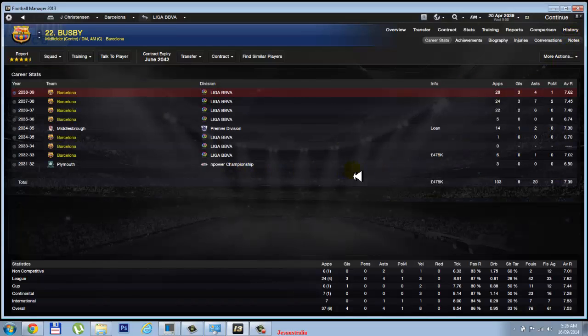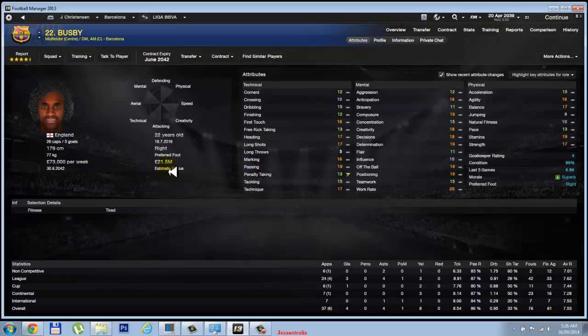from Plymouth, 475k. Did you see how good he was? 21.5 million in value, and look at these skills. Who doesn't want a player like that, huh? Anyway,